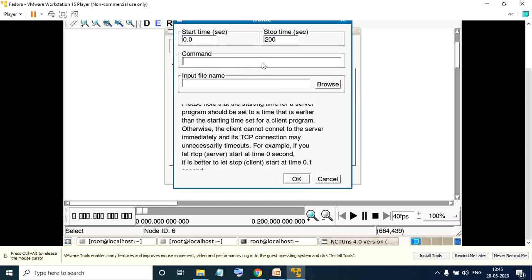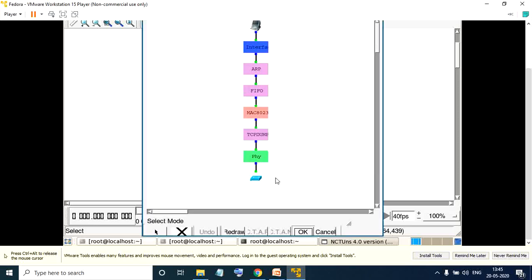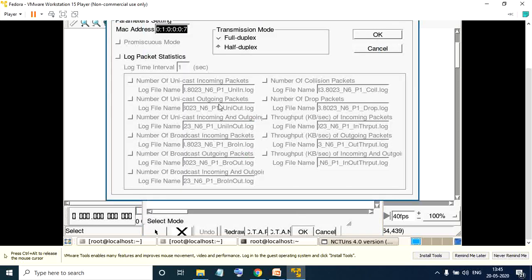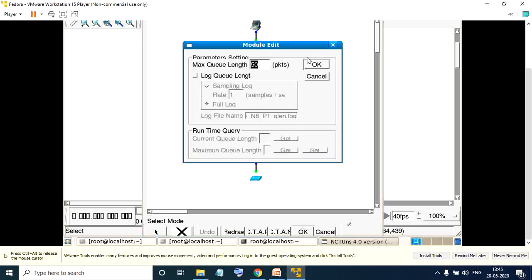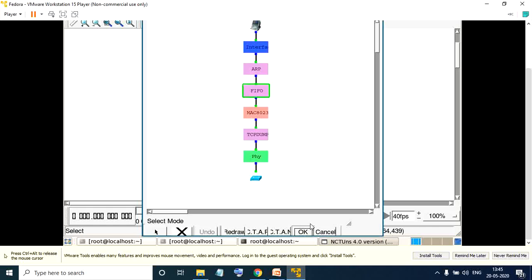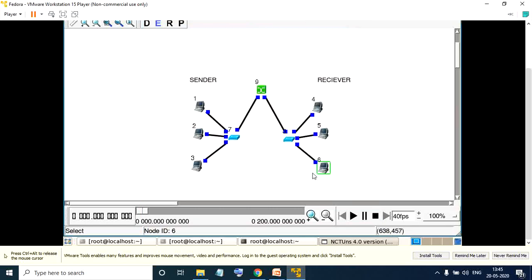It is again the same thing. Say 20. Node editor, MAC. Again we require your incoming packets throughput. Say OK. Then FIFO for the safer side. I'll check whether it's 50 packets. Yeah, it is. Say OK. So this is done, friends.